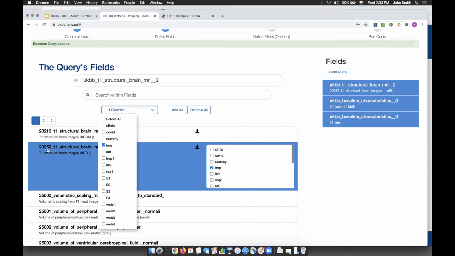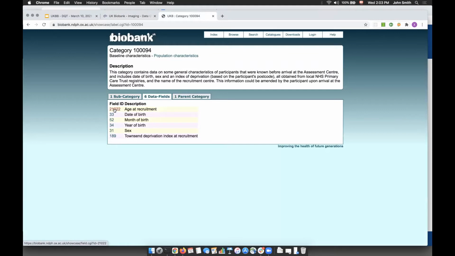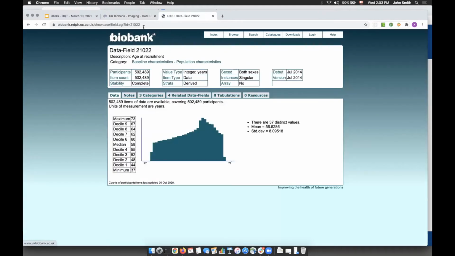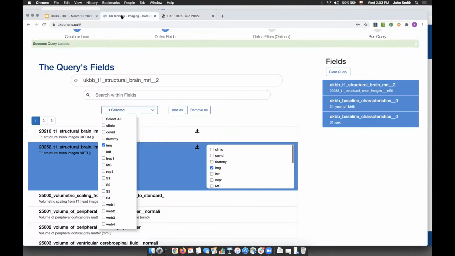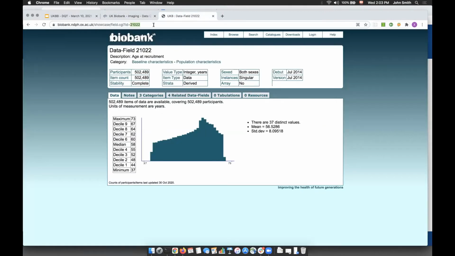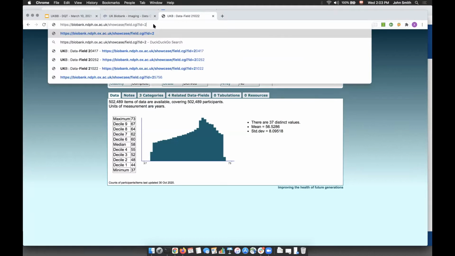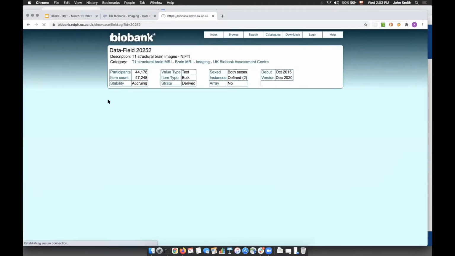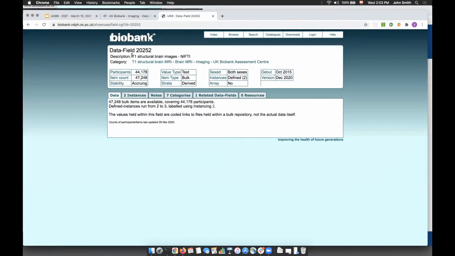I'll stop briefly. The fields are all prefixed with an ID. They are effectively the field ID that you can find in the data showcase. So if I take the 2252, you can see that this is the T1 structural image, the nifty file.